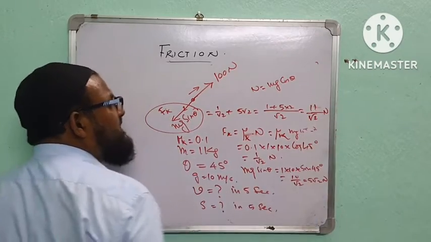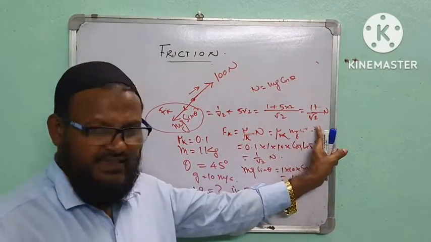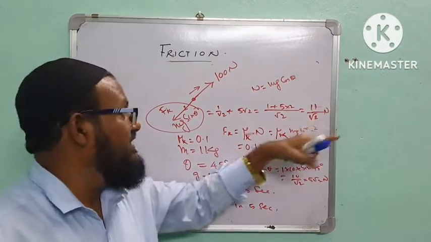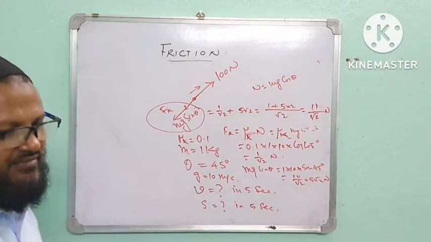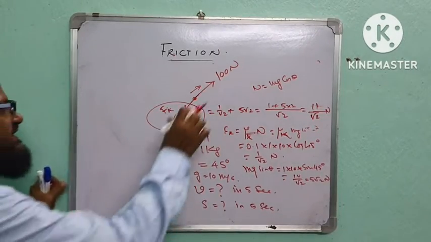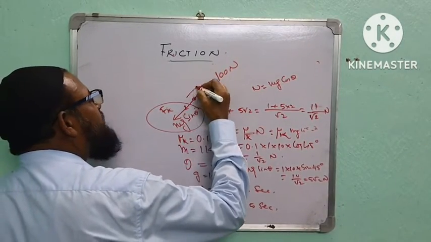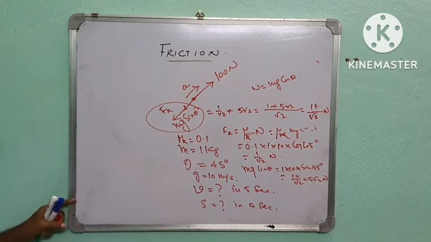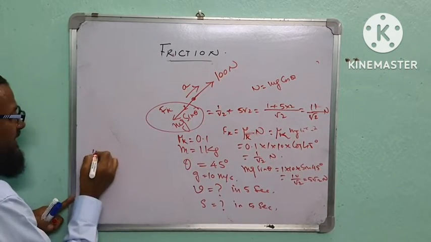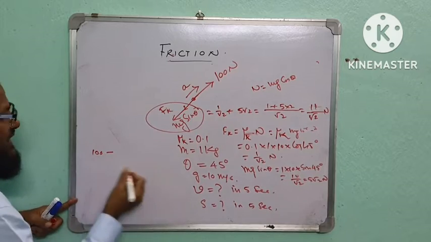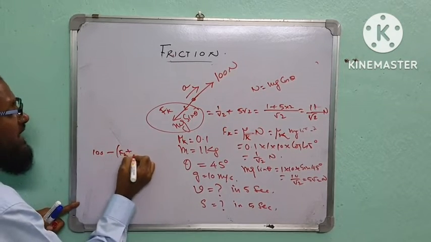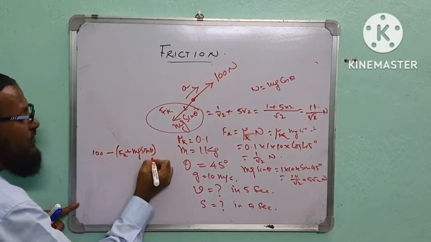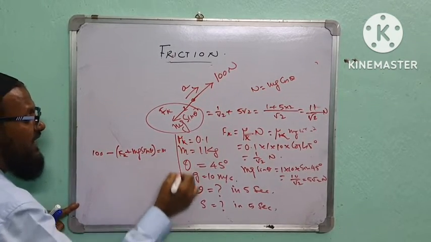Sir, Newton. 11 by root 2, this is something, 1.414, this is less than 10. What is the formula? In this case, sir, the body will move with acceleration. What is the acceleration? People find the acceleration. What is this? Sir, fk plus mg sin theta, that equal to sir mass into